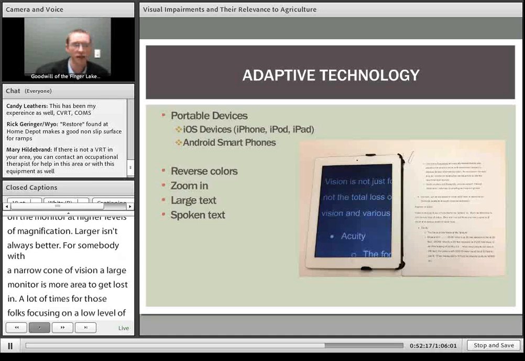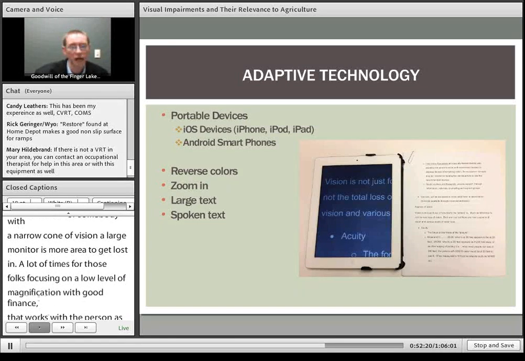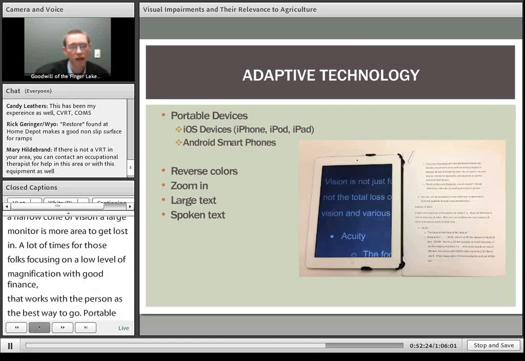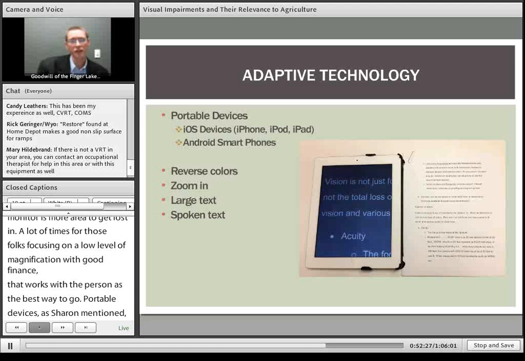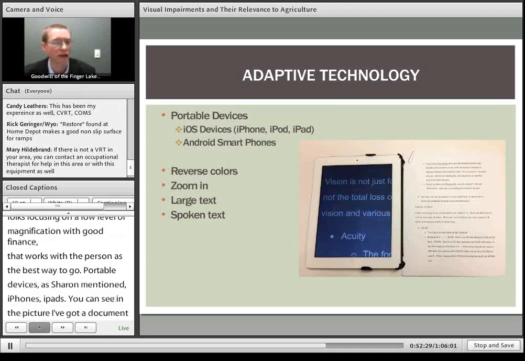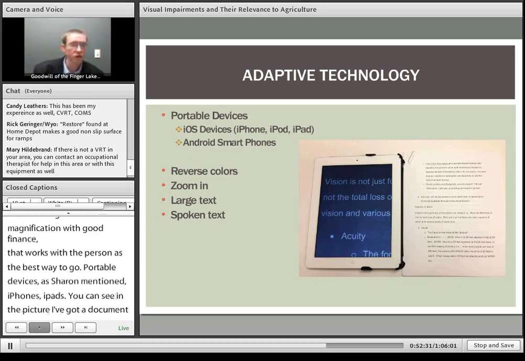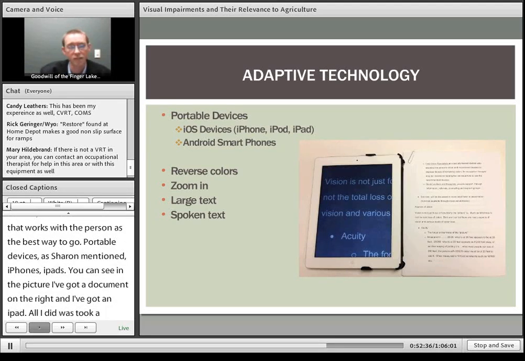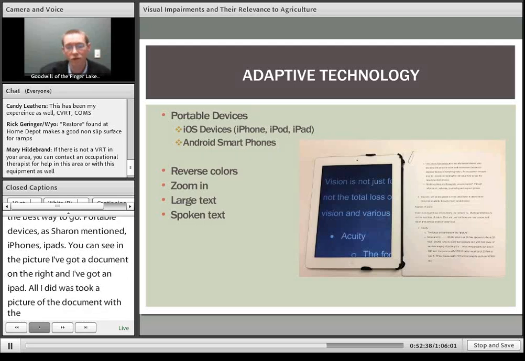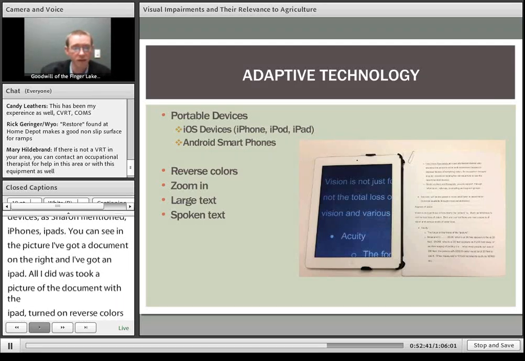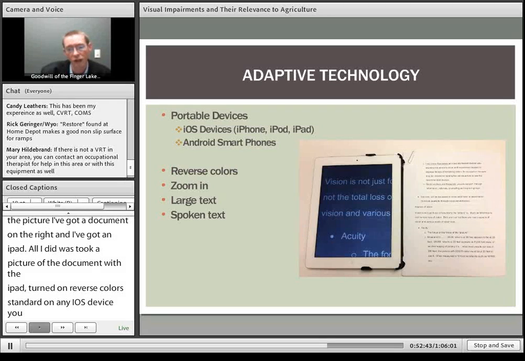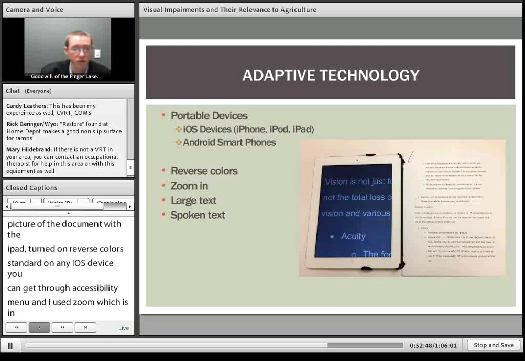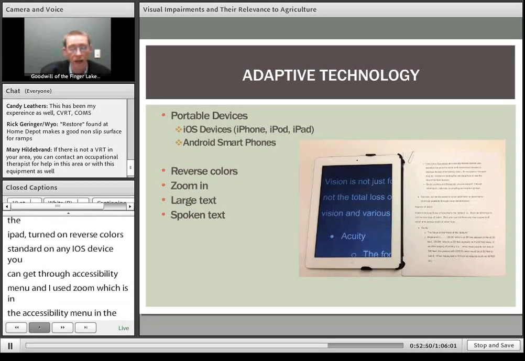Portable devices, as Sharon mentioned, iPhones, iPads. You can see in this picture I've got a document on the right and I've got an iPad, and basically all I did was I took a picture of the document with the iPad, turned on the reverse colors that come standard on any iOS device that you can get through the accessibility menu, and then I used Zoom, which once again is right in the accessibility menu in the general settings of any iOS device, and zoomed it in. And so it's bigger, it's in reverse contrast, and it looks great, and it can be a real big help